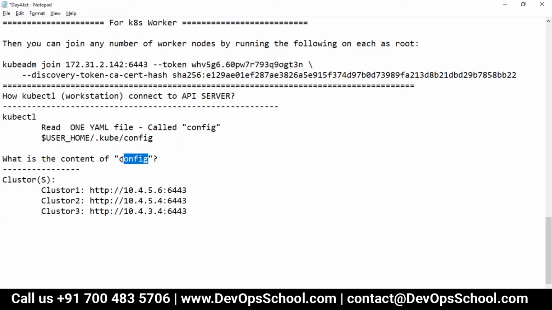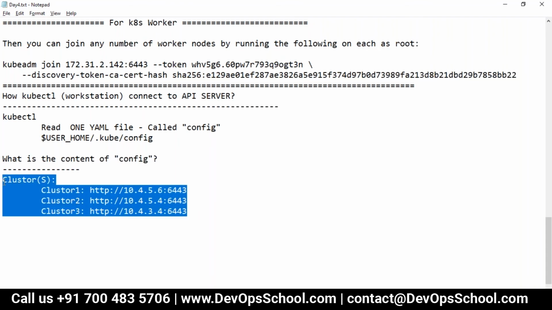Which file? This file. But guys, you know one thing, okay, you got the IP address and port number and HTTP and all, but you need authentication, because not everyone can talk to the API server. Remember, if anyone can talk to the API server, anyone can modify the desired state and stuff like that.